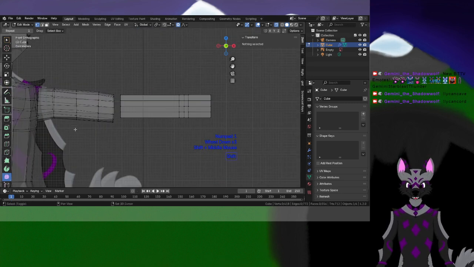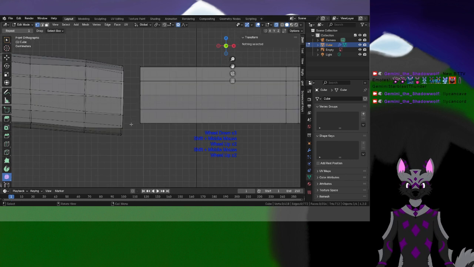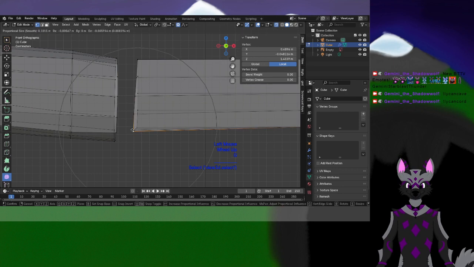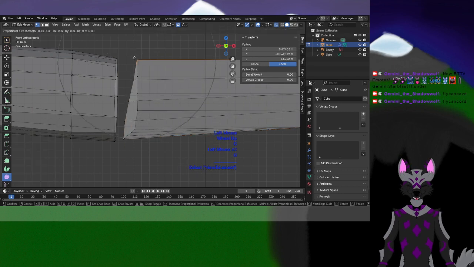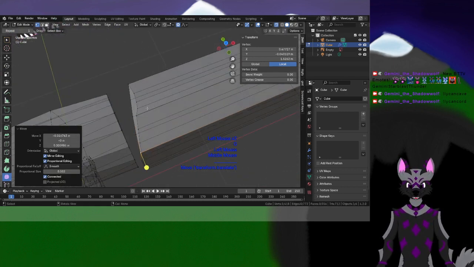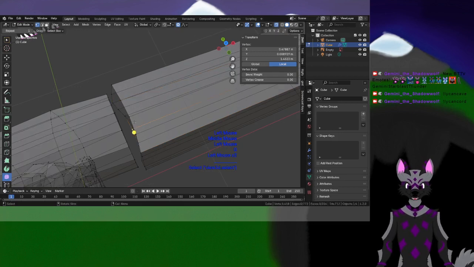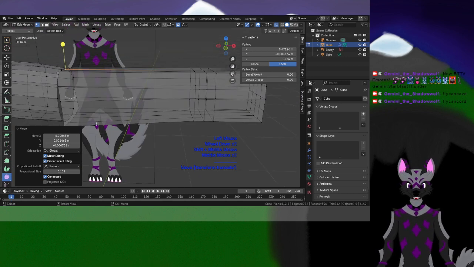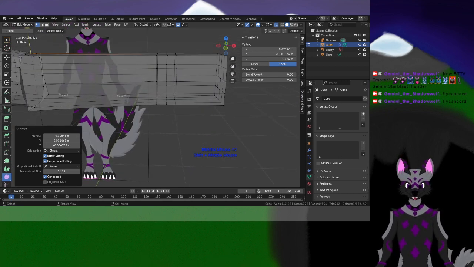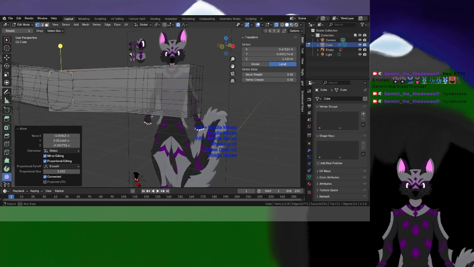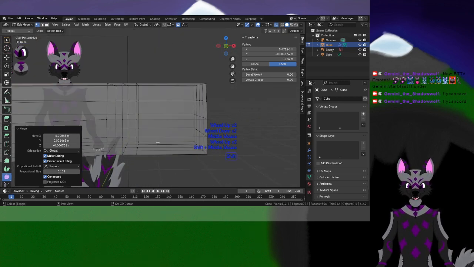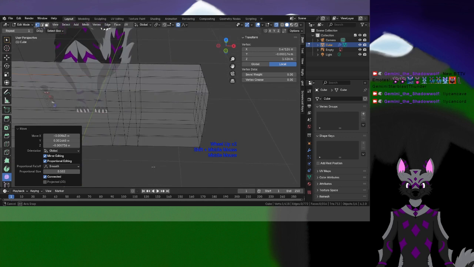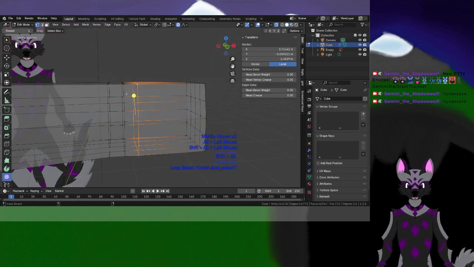Okay. Why can I never get this microphone in the right place? And I'm not gonna connect these just yet, because I still need to work on the hand, and getting the flow from here to the hand is a little difficult. The hands take a while. And I'm going to get rid of these. Note,